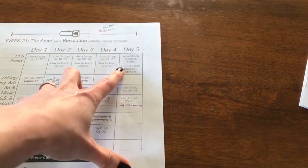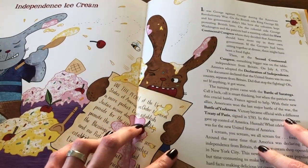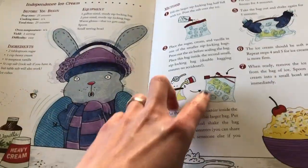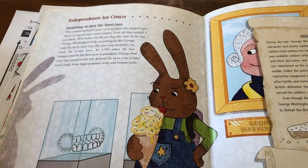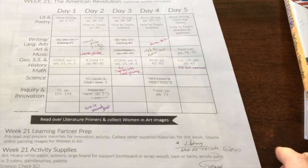And then the only other thing we will have is the Eat Your U.S. History homework, which is this. So we are going to be making ice cream. This ties in with the history we are learning in Curiosity Chronicles. So we're going to read about kind of the history of this, and then we're going to make little ice cream bags, homemade ice cream, on Friday. And it kind of goes into the information on that. So the only thing left on Fridays then is